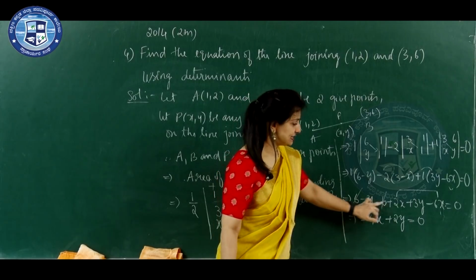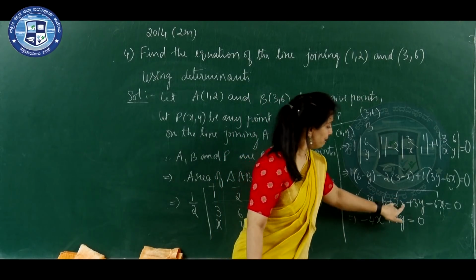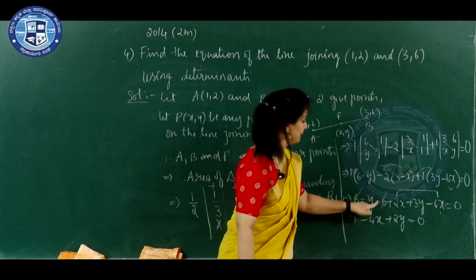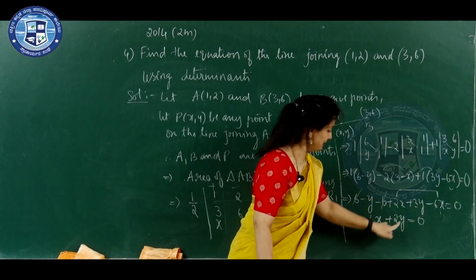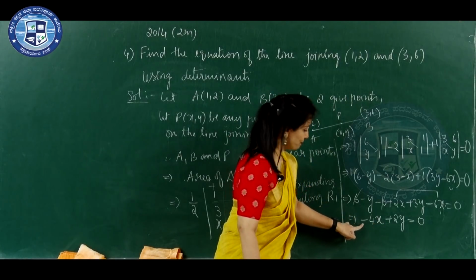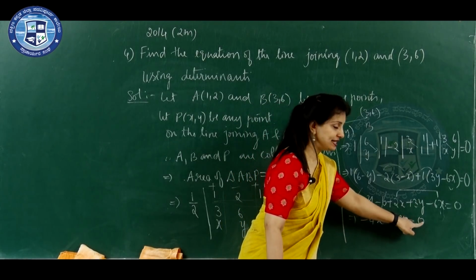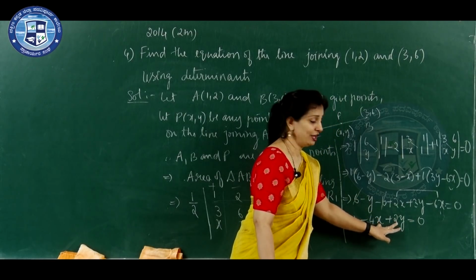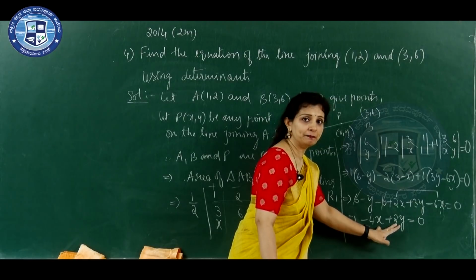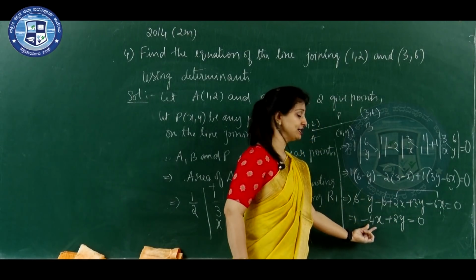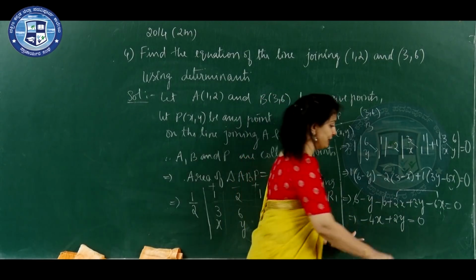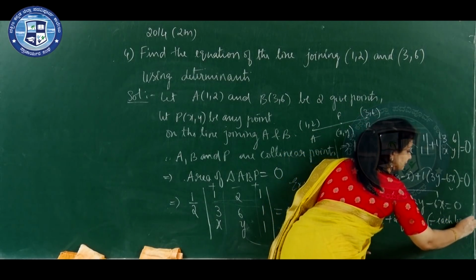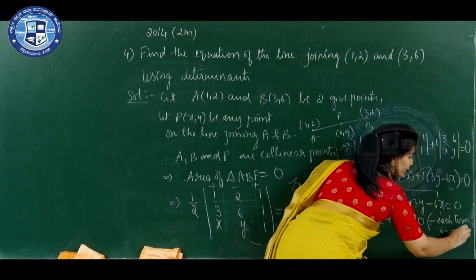Look at this, 6 is cancelled. Plus and minus 2x, minus 6x, minus 4x, minus y plus 3y, plus 2y. So, minus 4x plus 2y is equal to 0. Here you can observe that 2 is a common term, we divide each term by minus 2. It is always better to keep the value of x as positive, so divide each term by minus 2. What do we get?